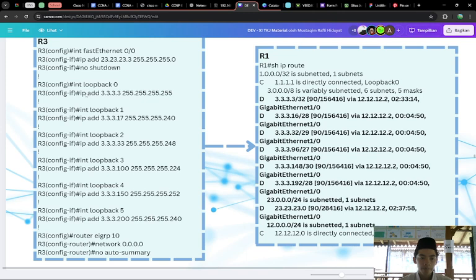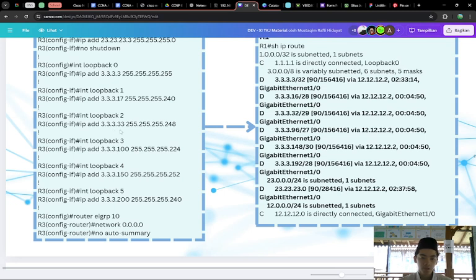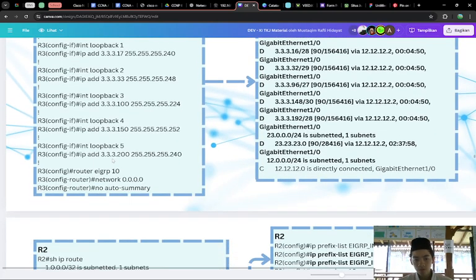You can add the IP addresses 3.3.3.17, 3.3.3.33, 3.3.3.100, 3.3.3.150, and 3.3.3.200, and router EIGRP 10 and network 0 with no auto-summary.